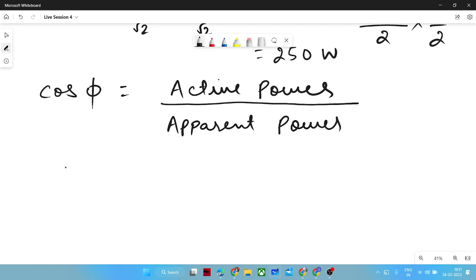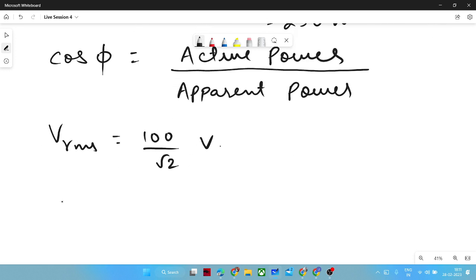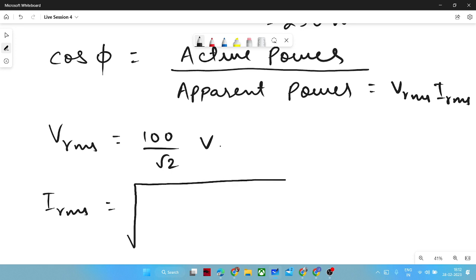Since voltage has only one component, the total voltage RMS value would be 100 by root 2 volt. And if you try to find the total RMS current, that would be the apparent power, VRMS into IRMS. So for IRMS, you have to sum all the components,